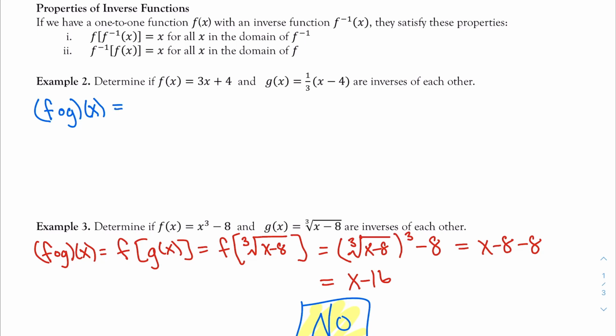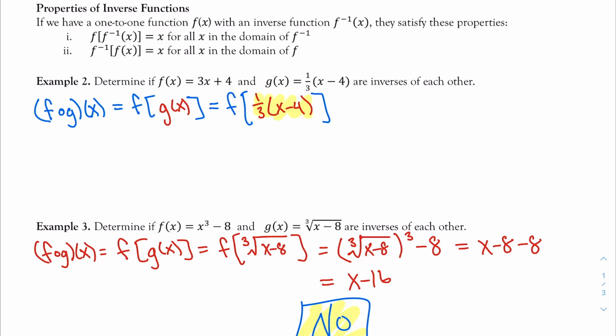Well, I know g of x is 1/3 x minus 4. So now I'm asking, if I take this entire expression, 1/3 x minus 4, and plug it into my function f,